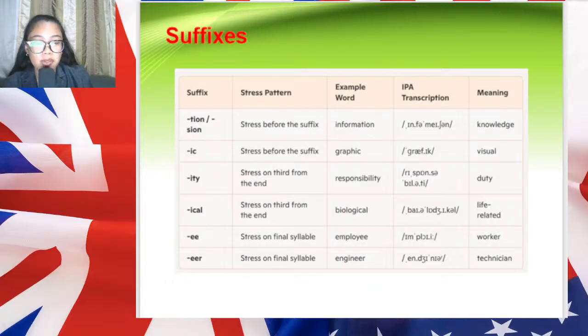The stress almost always lands on the syllable immediately before the tion sound. So knowing these patterns means that you won't have to guess as much, which makes your English sound much more natural and understandable. So we'll be going through several common suffix patterns today, breaking down the rules with clear examples,